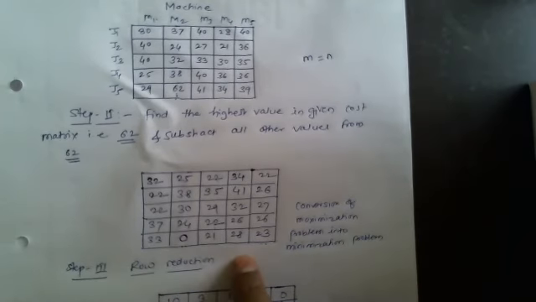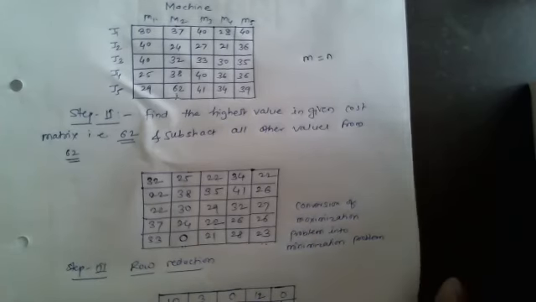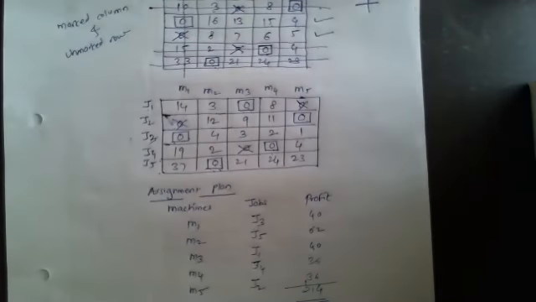Okay. So after that, what we have to do? After converting the maximization numerical into minimization numerical, we have to start the same procedure we did in the last numericals, that is row reduction, column reduction. After that, we have to start the allocation. So the third step is row reduction, means we have to select the lowest value in the row and subtract that value from all other values. After that column reduction means we have to select the lowest value in the column and subtract that value from all other values of that particular column, and after that we have to do the allocations.